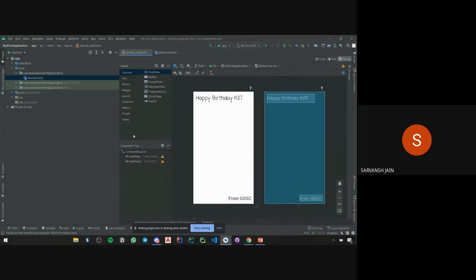Okay, so we have basically till now added two texts to our app, and now we'll add a picture. To add a picture, first of all, in the beginning I told you that we have to get our picture into our file. So we'll go into resource manager. It's here on this pane. Then we'll click on this plus sign, and then we'll import drawables.